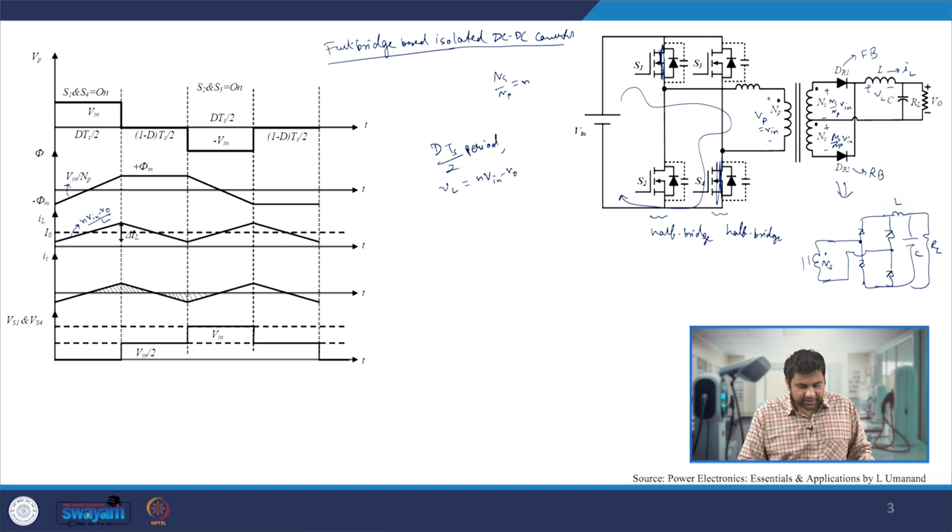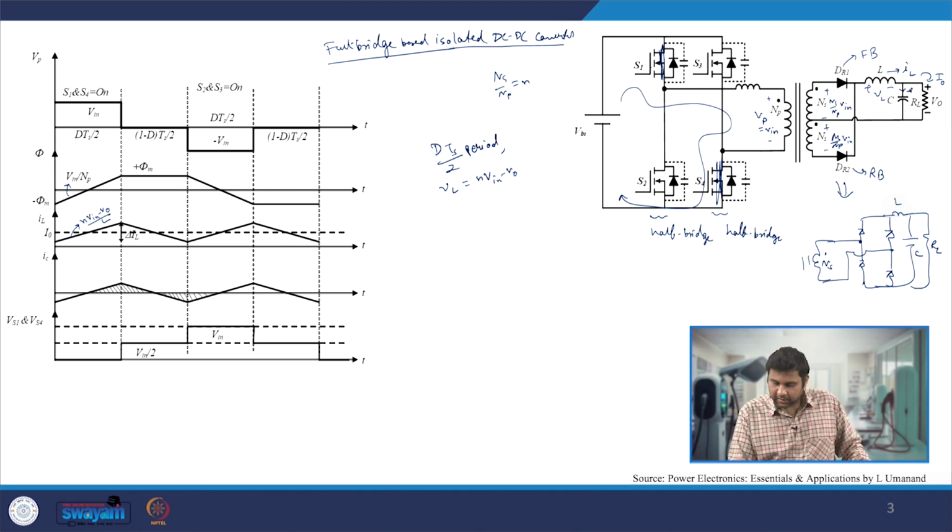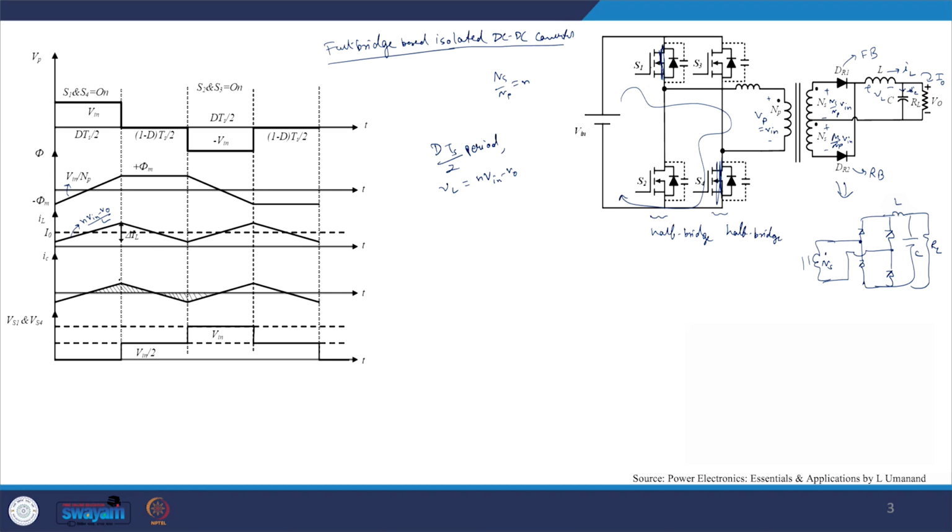And if we see very carefully, the average value of this IL current is actually flowing through the load RL, while the ripple component is going through this capacitor IC, and that is what is drawn here, that only the ripple part is drawn along the IC current. And since my S1 and S4 switches are on, we are just having 0 voltage applied across both of the other switches.